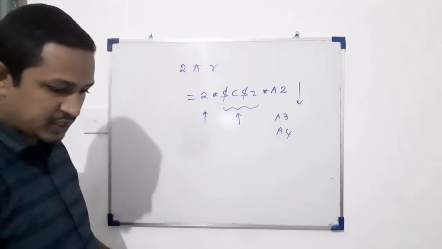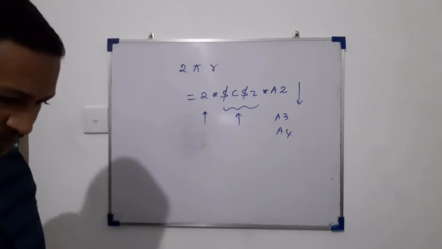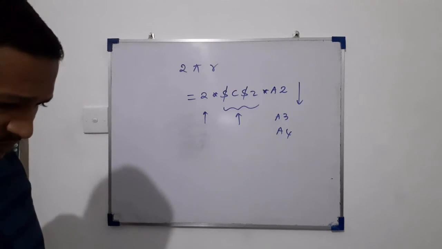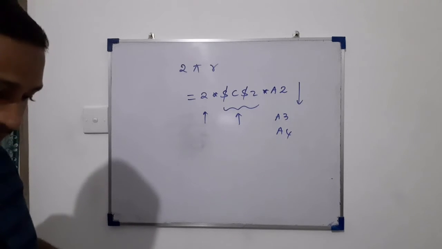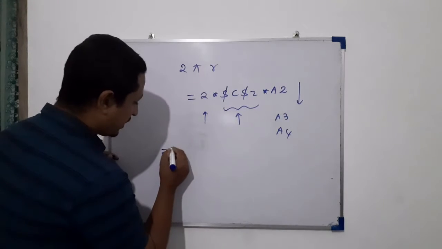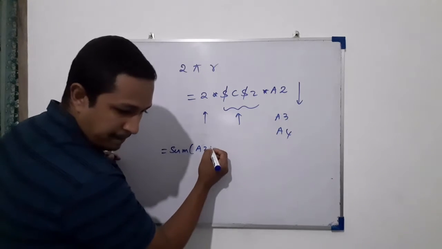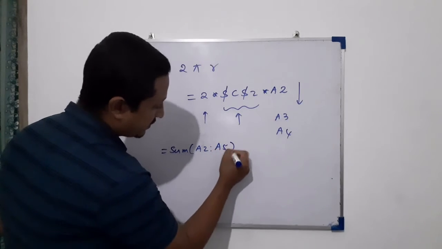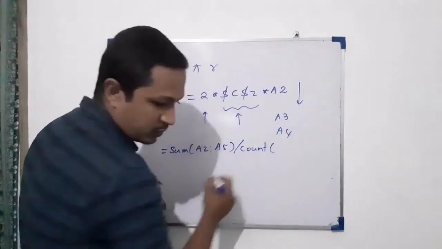Then we come to question number 17. That is also regarding the given diagram here. Which of the following will appear in cell A6 in the formula? Equal sum. So this is the given formula: equal SUM(A2:A5) divided by COUNT